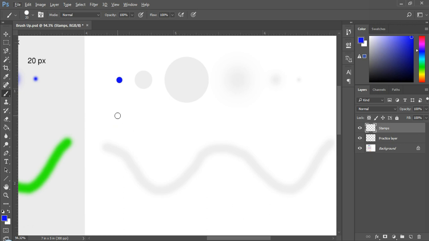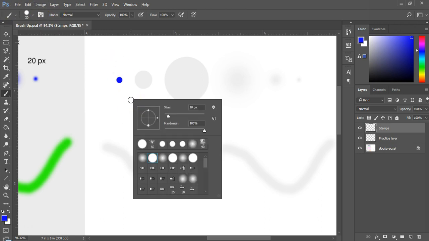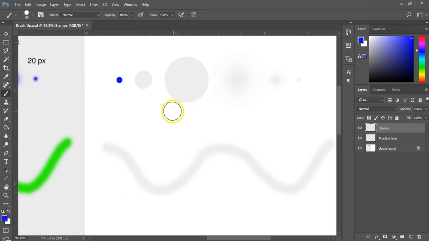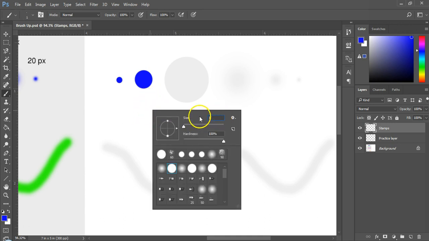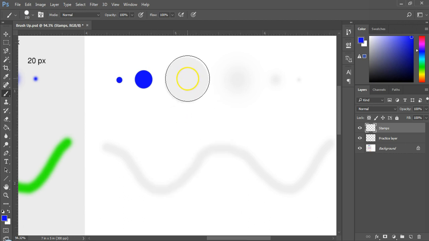Now it's time to create a stamp of size 60 pixel. This time, instead of going all over to the control panel, simply right click on the canvas and up will pop the brush presets panel. A quick way to change your brush type. Now change the value of the size to 60 pixel. Press enter. The brush should remain the same hard round. Come over to the guide and click on it to create a stamp of 60 pixel. Next, I'll create a stamp of 150 pixel. Right click and change the value of size to 150 and follow the guide to make your stamp.